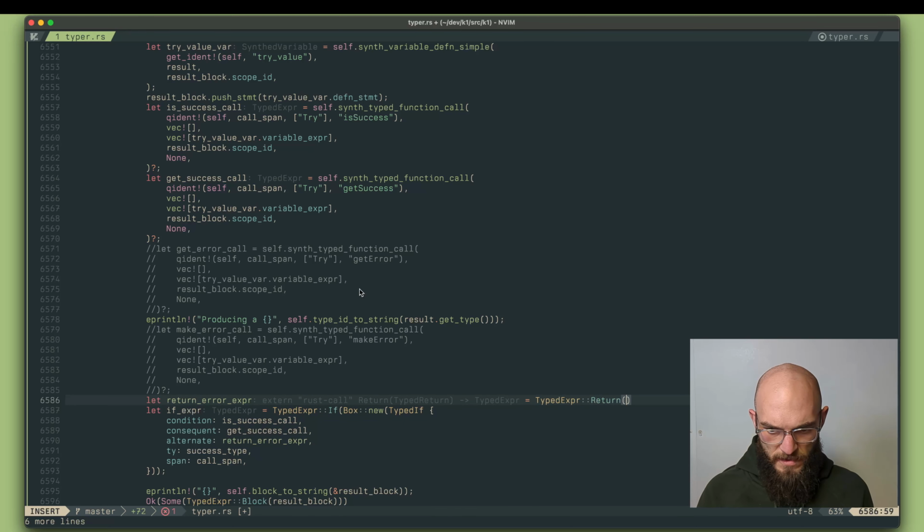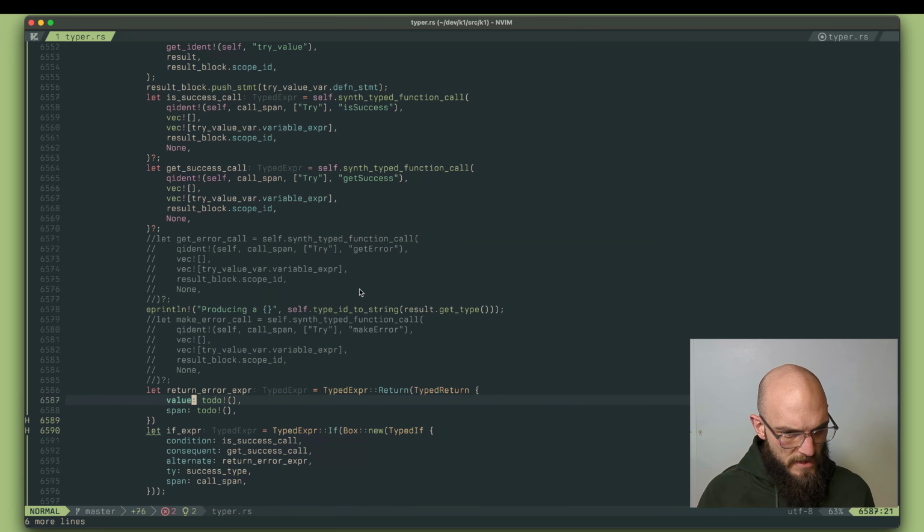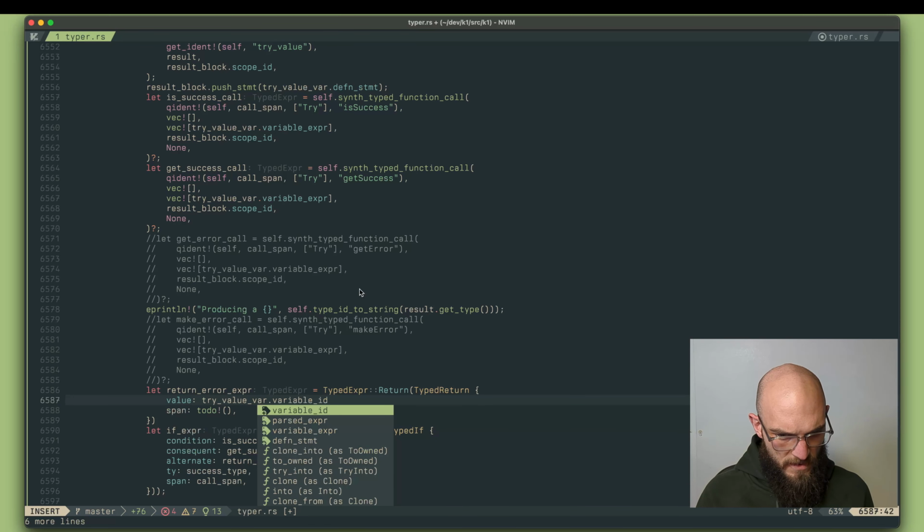So we'll make a return, which takes a, I'm just going to assume it's called typed return, and it is. Where the value is just the result, but not the result variable. So result value var, value, try value var. Ooh, we don't have its